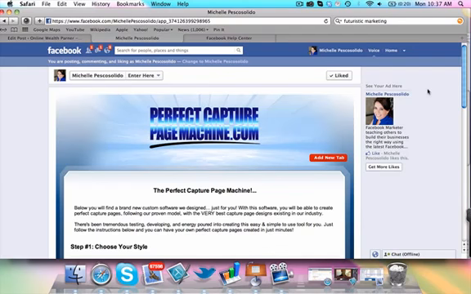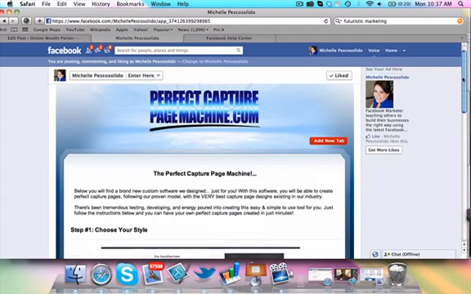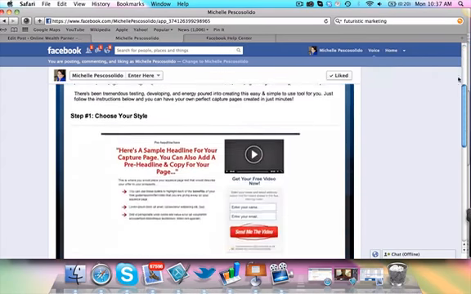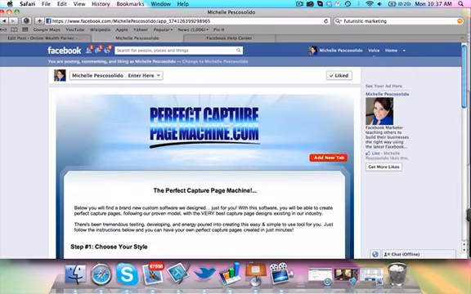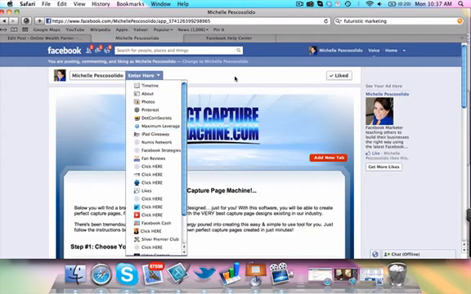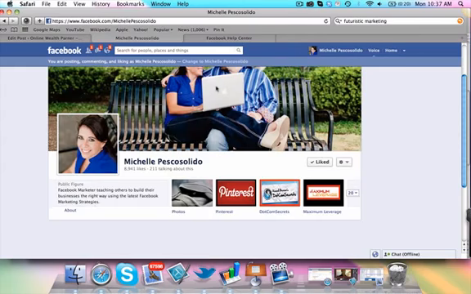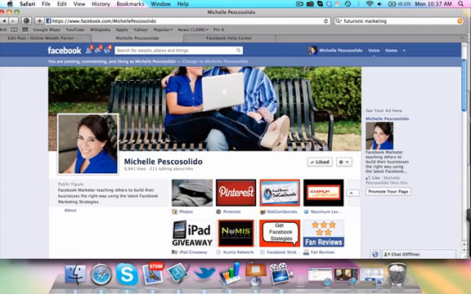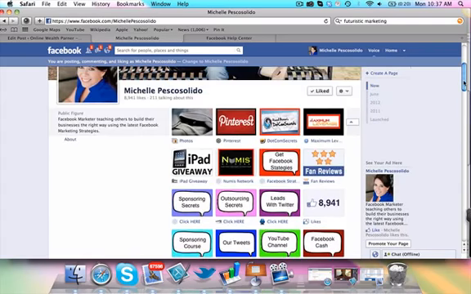This particular piece of the product is called the Perfect Capture Page Machine. And as you can see here, I've got this opened up. It is a software program that is installed on your fan page. So this is my fan page, Michelle Pesco-Solido, and these are the different tabs that I currently market. So if I go back to here, you can see I market some different things on my Facebook fan